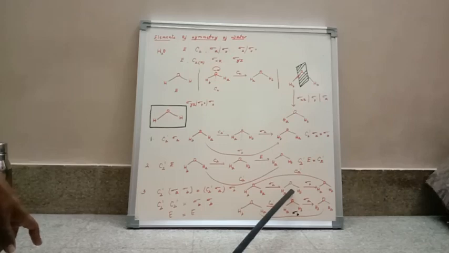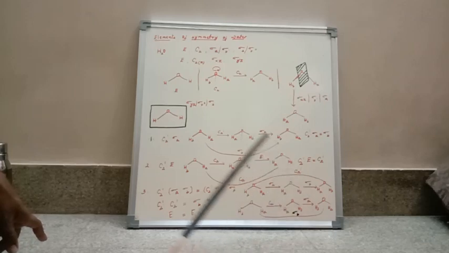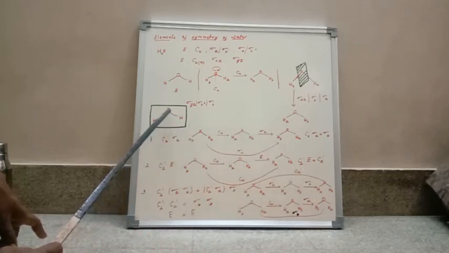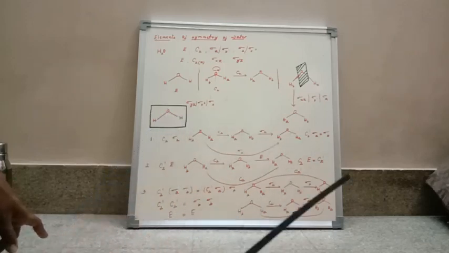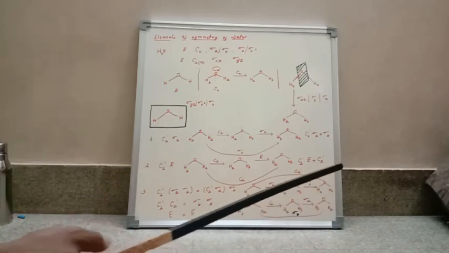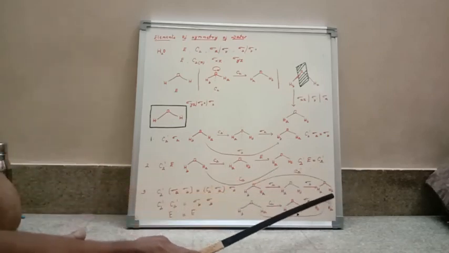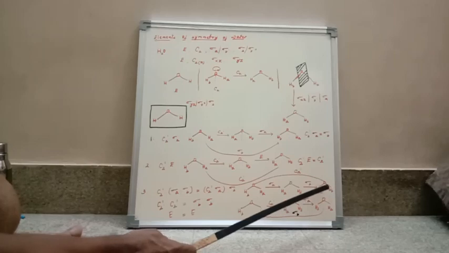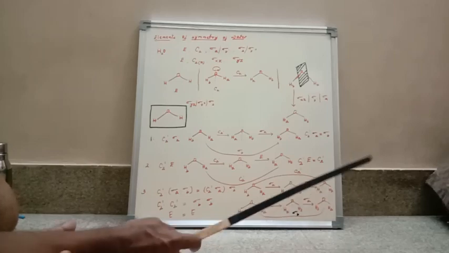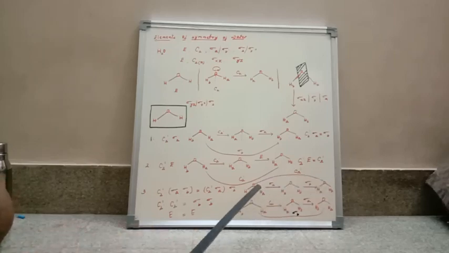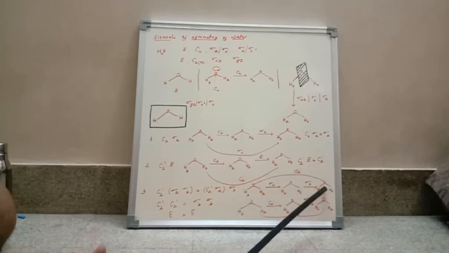Then once again for this one, I will apply sigma B. Sigma B means it passes through one oxygen and 2 hydrogen atoms. Because of that, A and B will not change their position. It will retain its position. But suppose if you do this operation, a single operation, I can convert this into the final configuration